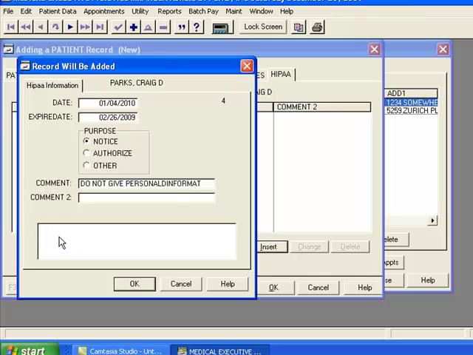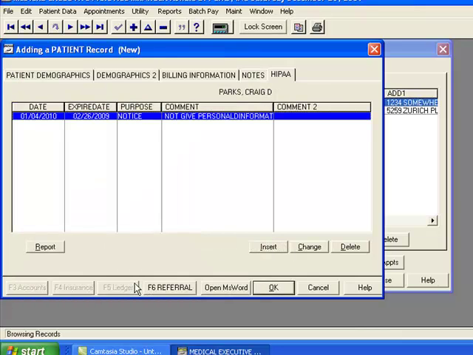You can also put more information here. The patient has the right to tell you that you cannot give out personal information, maybe to a wife, a spouse, or anyone. They might say that you can give information to my employer or you cannot. But the idea is you get to put in any information that you want regarding sharing patient information, personal information,